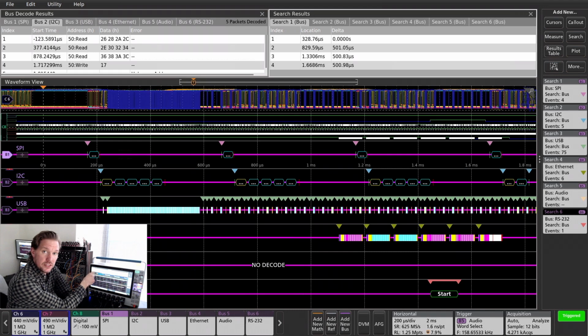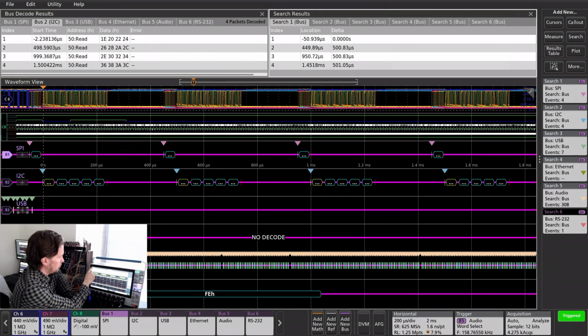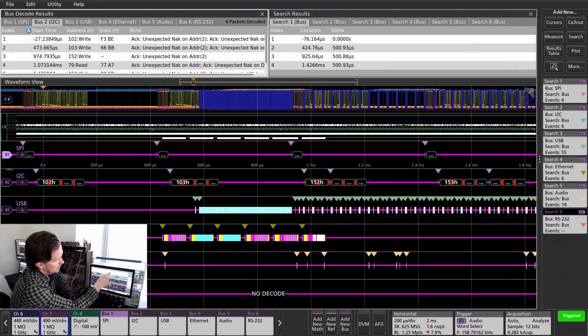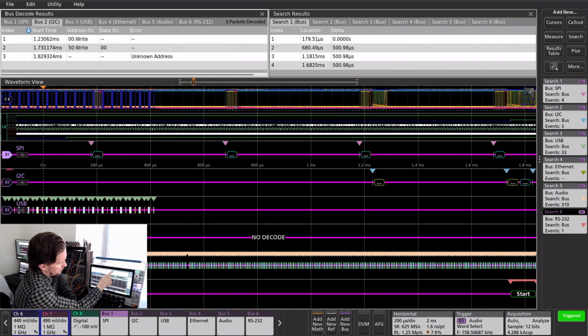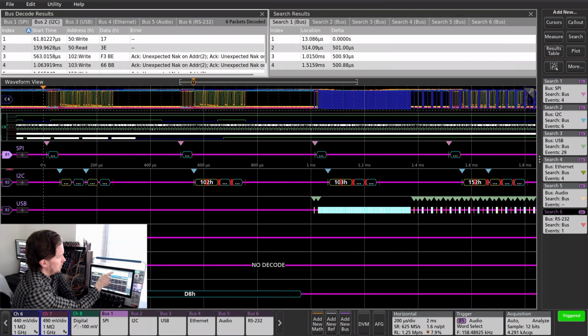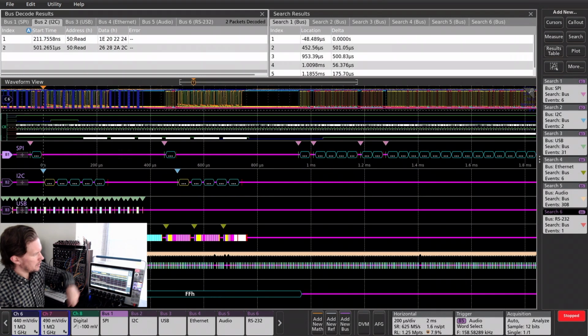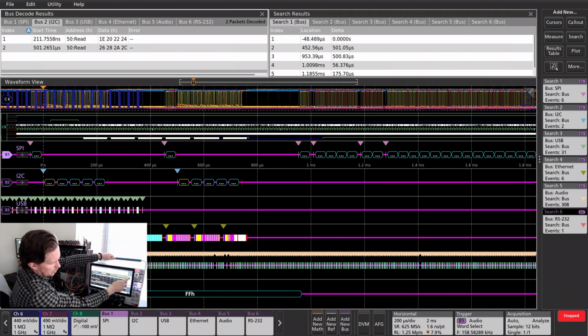Here I have a table showing me the decode for all my buses, so SPI, I2C, all the way through. And this table over here gives me my different search results. So I'm actually just going to take a single acquisition and I'll go through and show you what I've actually